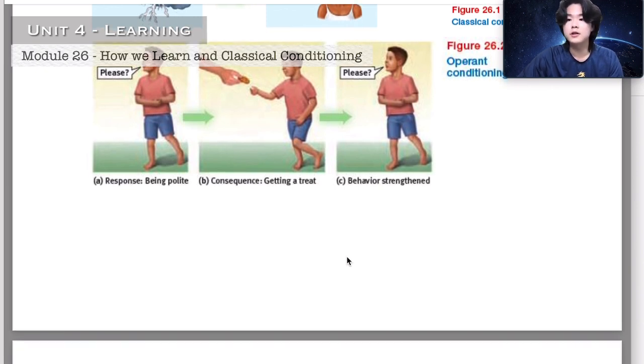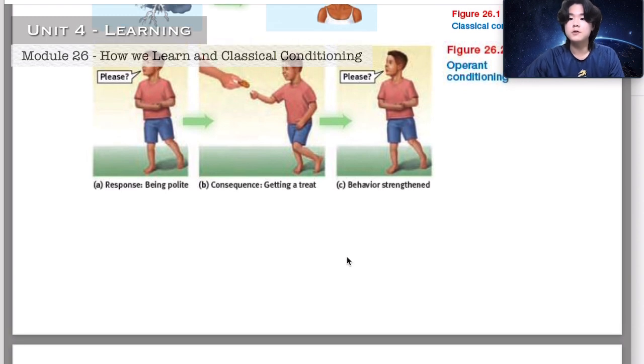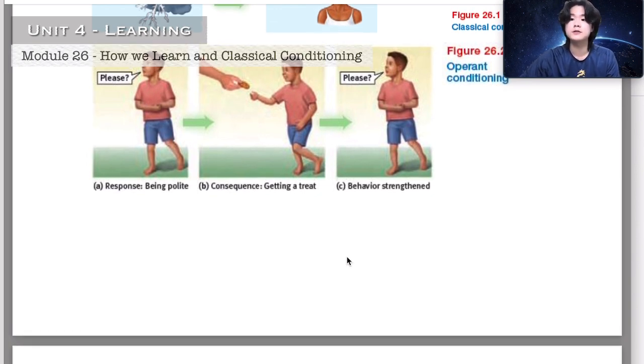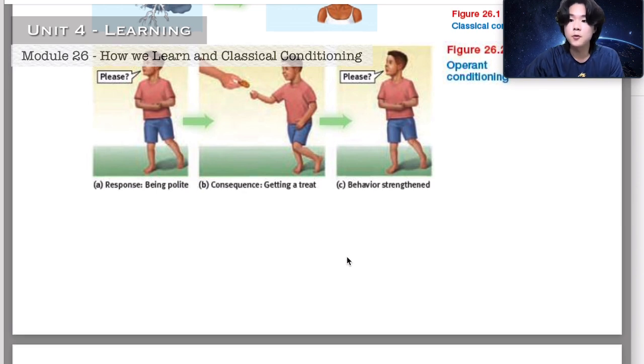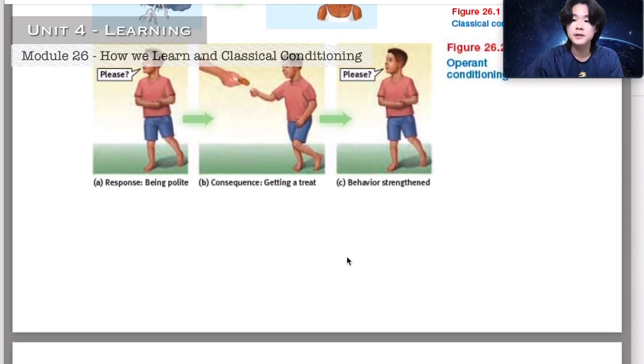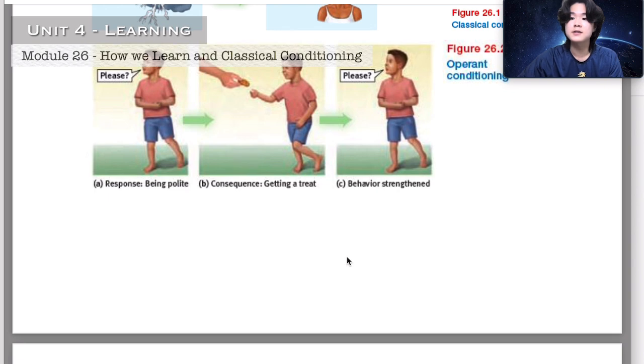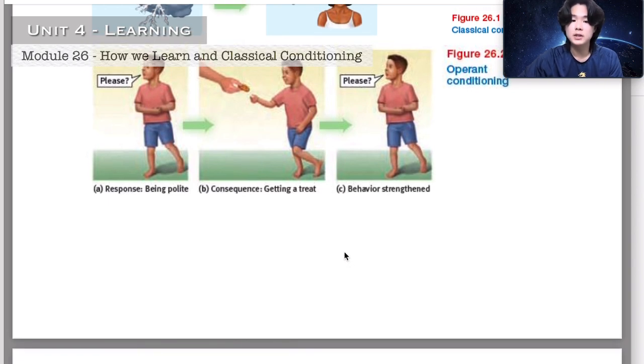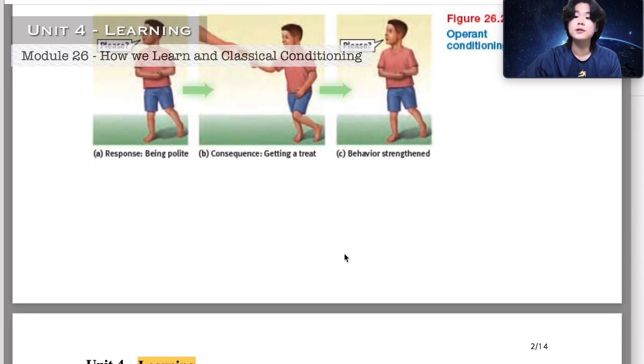This also connects to the concept of token economies, which is not described here, but that's about how an incentive, a desirable factor such as a candy, as I explained before, when it is given to you, then because you want the stimulus more, the reward, the incentive more, your action to get the candy, which in this case is saying please, will increase a significant amount. And that is called token economies, which will be explained later.